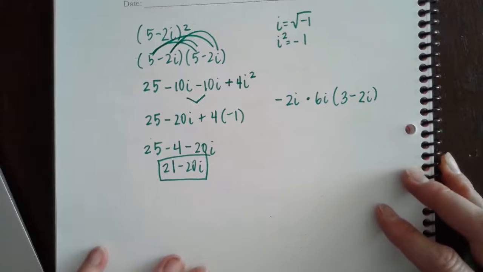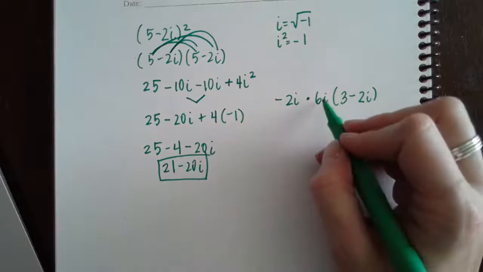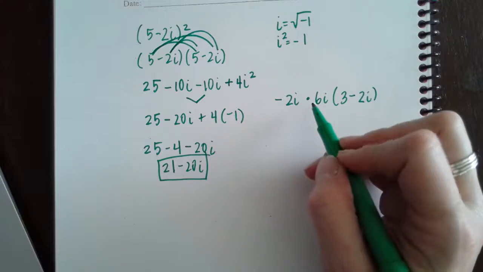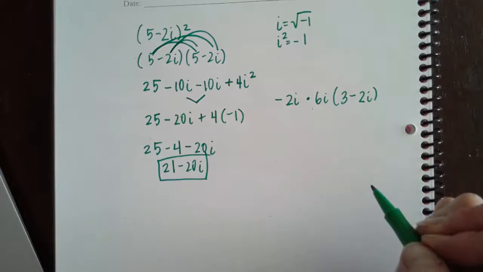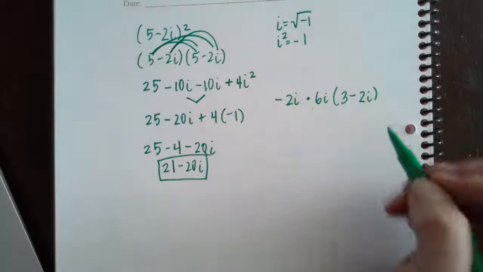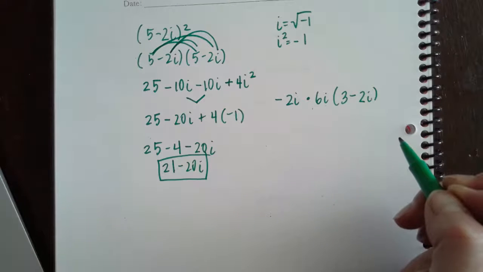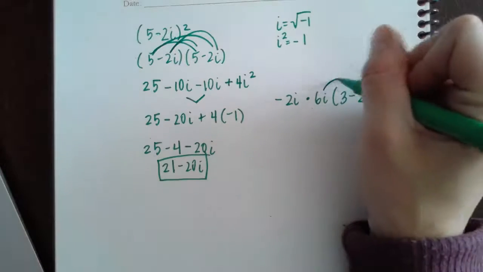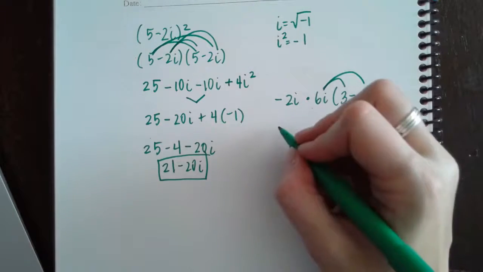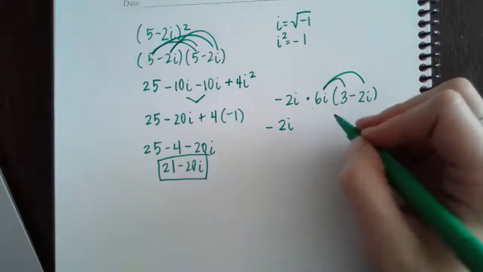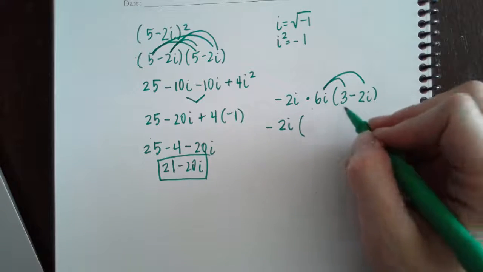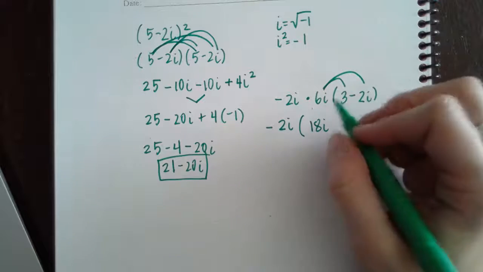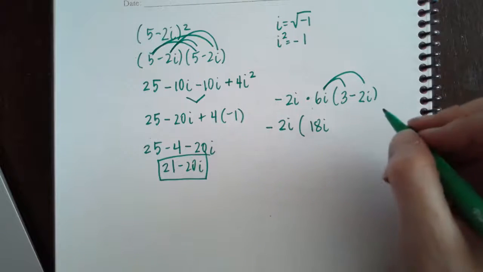So what we're going to do is start with this 6i. Notice here, these are getting multiplied together, so you could start by multiplying them, or we could start with distributing and going from there. Either way, you should get the same answer. So let's just distribute. We're going to keep this negative 2i in the front and then multiply through. 6i times 3 is 18i, and 6i times negative 2i is negative